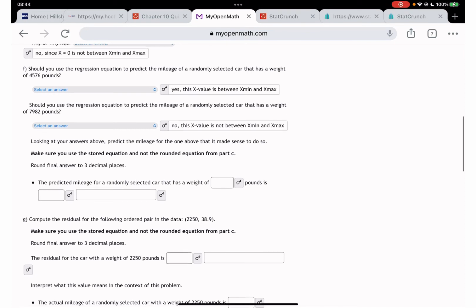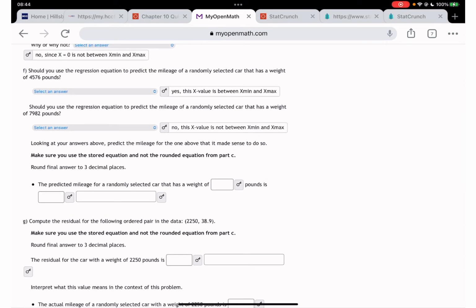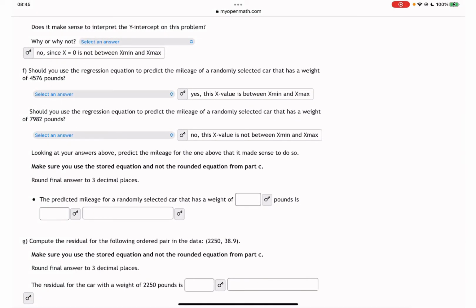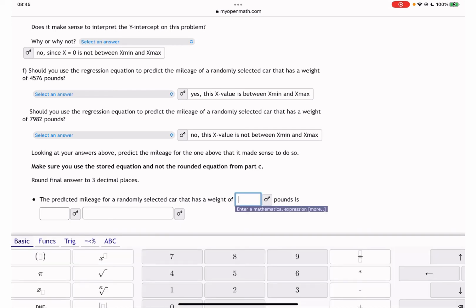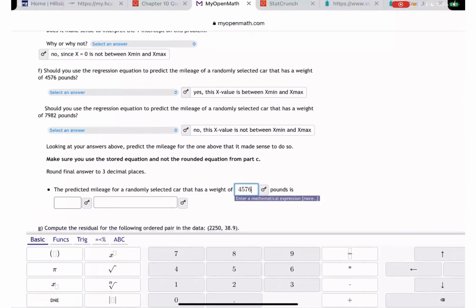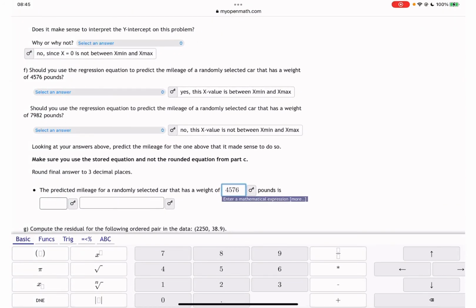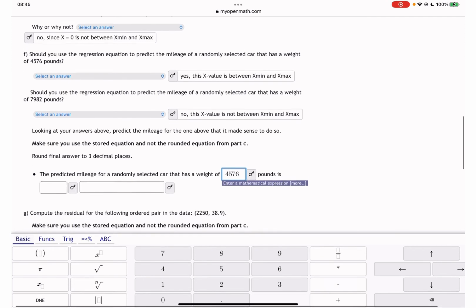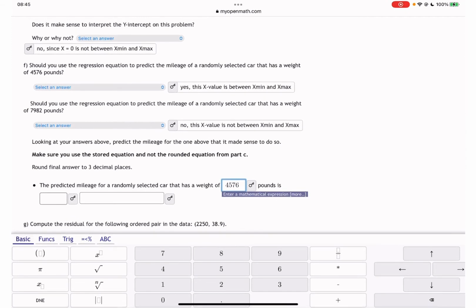So the value I'm going to use for question F is 4576 pounds. So don't be surprised, previously I had different answers for F. Now I'm using a different one. It just restarted and came up with different numbers, but I have prepared everything, so I don't have to go over and solve it. So the predicted mileage for a randomly selected car that has a weight of